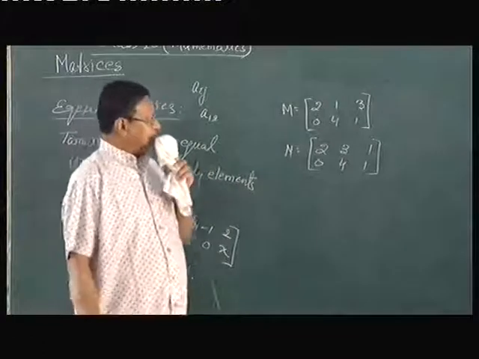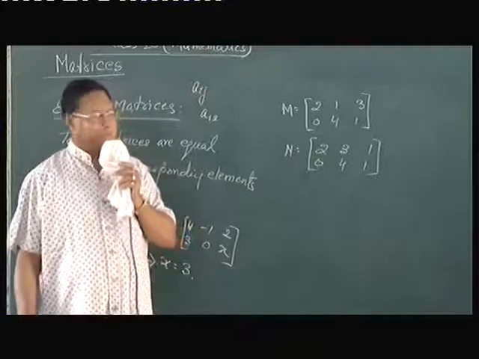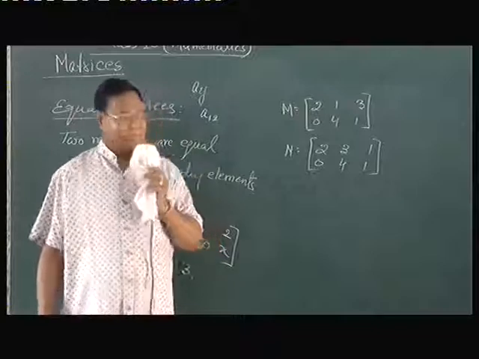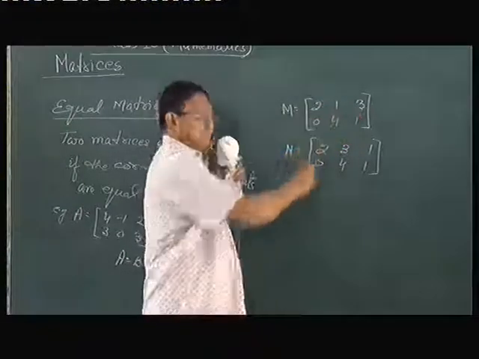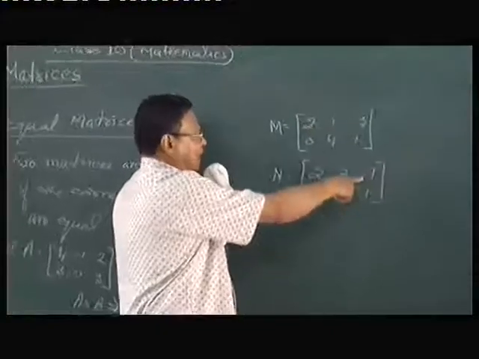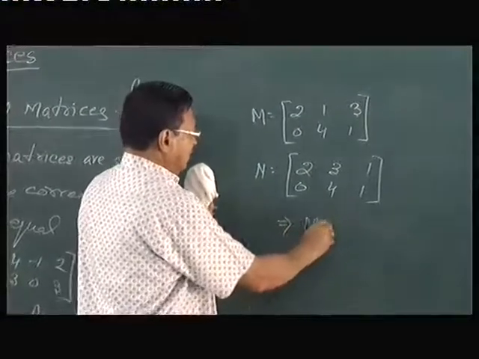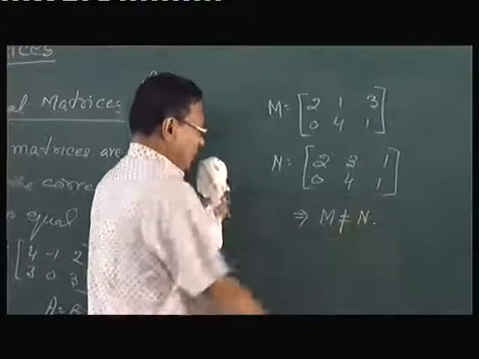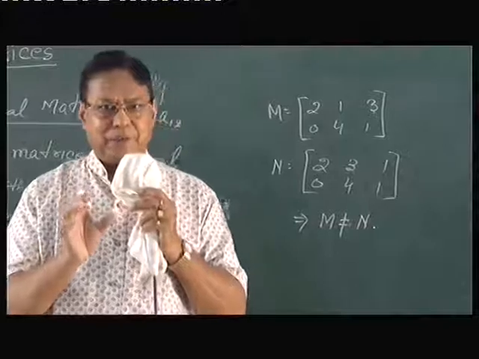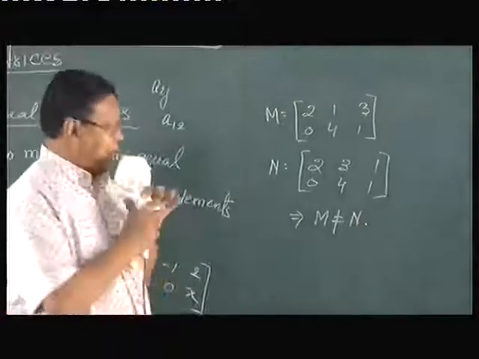I have written two matrices here, M and N. They are like, same order. Look at the elements. It's 2 1 3, 2 1 3, 0 4 1, 0 4 1. But the place of 3 is changed here. It's 1 in the first row, second column. But here 1 is in the first row, third column. So here M is not equal to N. Hope it's clear to you. So corresponding elements have to be equal, meaning the elements in the same place have to be equal. Then only the matrices are equal. If any one element